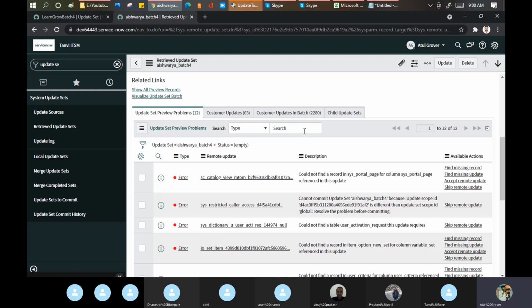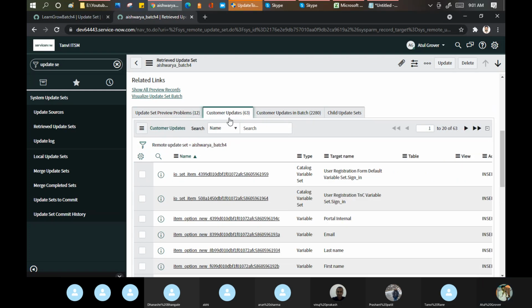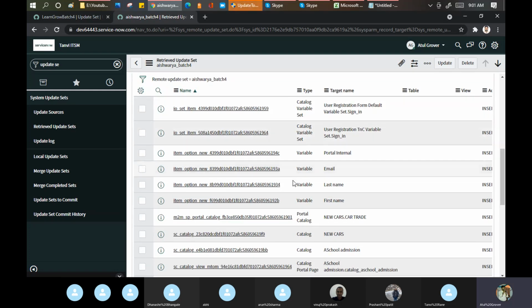Now go here. Update set preview problems show how many issues or errors we have in the update set. Custom updates, which she brought from my instance to Tanvi's instance, and these are the things which do not exist. These are the newly created ones in my instance.